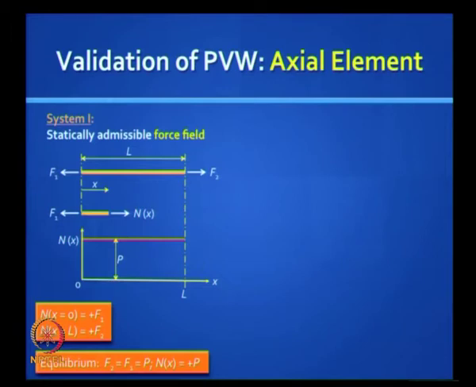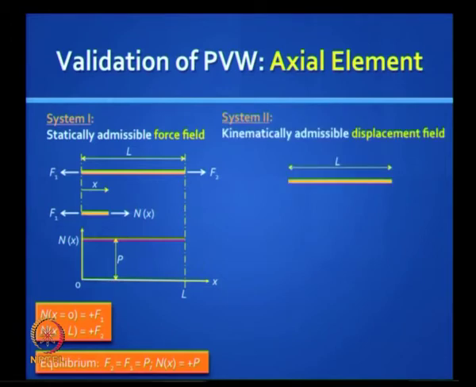Now let us look at another, completely independent field, the same bar, and we are looking at the displacement field here. So let us say that the left end of that bar moves to the left by an amount d1, which is conjugate with F1 but not related to F1 by cause effect. Similarly, the right end of that bar moves to the right by d2, which is conjugate with F2, and let us say any point in that bar located at x moves actually by a distance u of x.